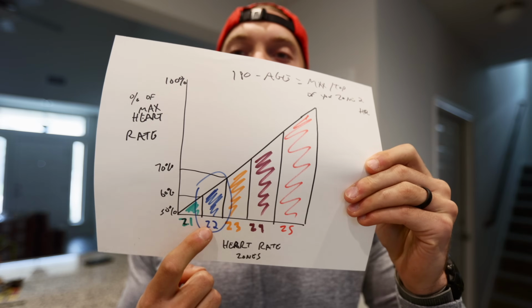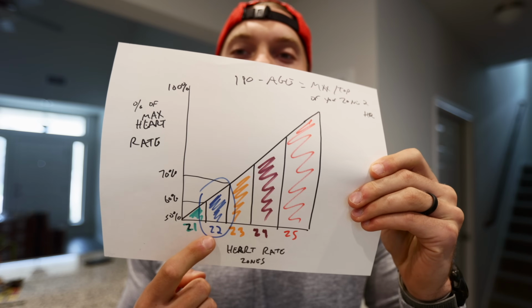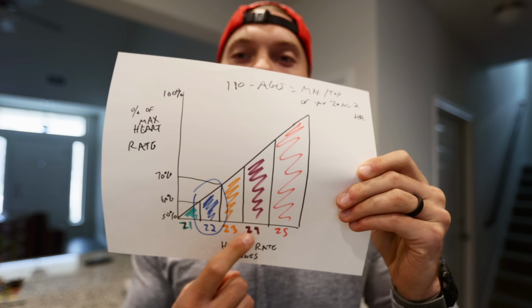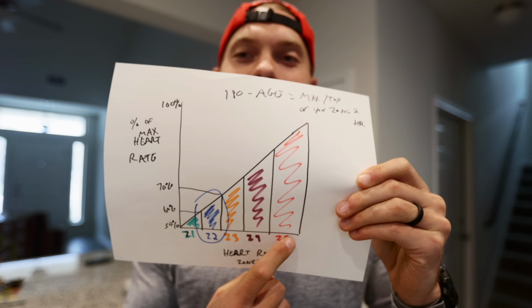In my experience, you should spend roughly 80% of your time running in zone 2 and the other 20% somewhere between zone 3, 4, and 5. The reason zone 2 works is because it allows you to keep coming back on a consistent basis. And as we all know, the consistency of running is really what builds the fitness. So yes, zone 2 has some science and physiological reasons for why it works, but also it just allows you